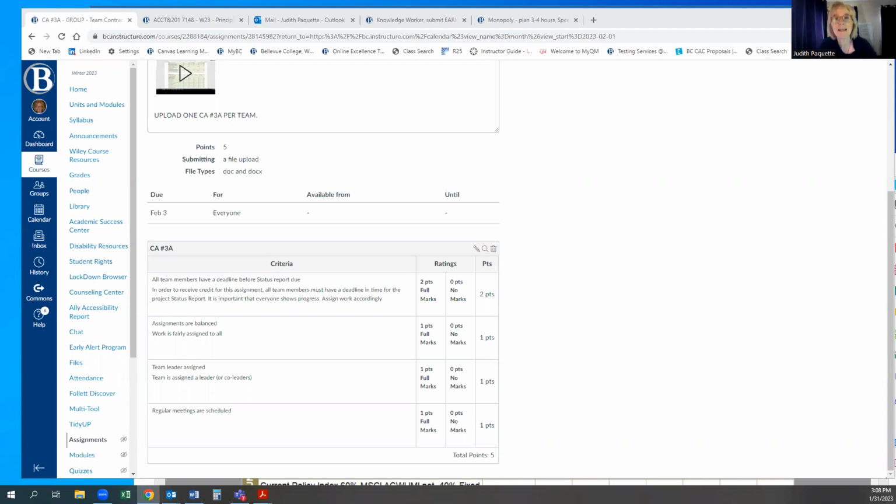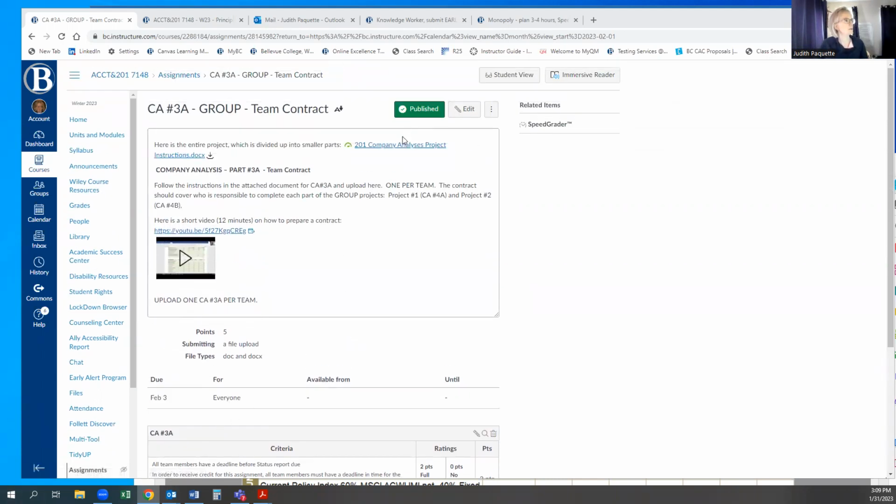I've had teams whose only time they could get together was at Starbucks, and you can do this on Zoom, of course, but this was pre-Zoom. The only time they could get together was 7 a.m. at Starbucks on a Sunday morning. If that's what it takes, that's what it takes. But now with Zoom, you can at least stay home. Okay, so let's look at the project.